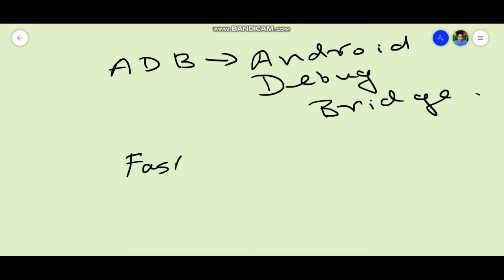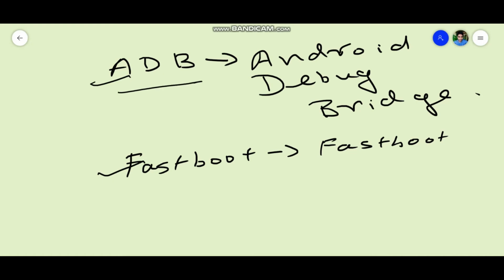And you have something called Fastboot. Apologies, it's not an abbreviation, it's a command. These two will let you play around in your bootloader. So ADB is a command which, when you connect your phone to your system or your laptop or your PC,